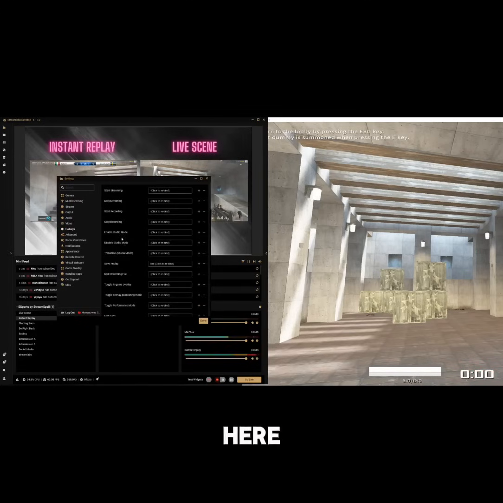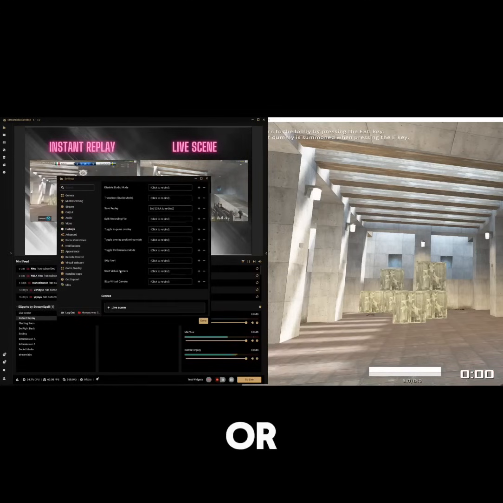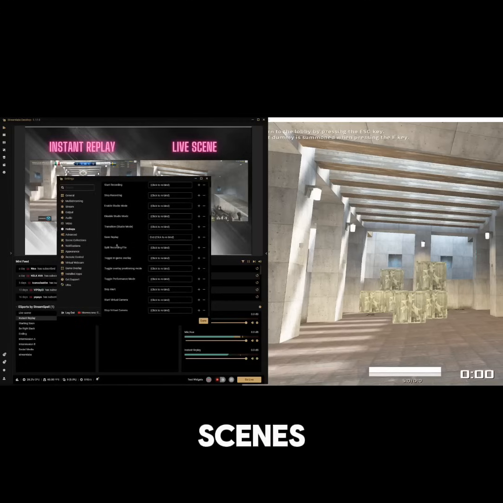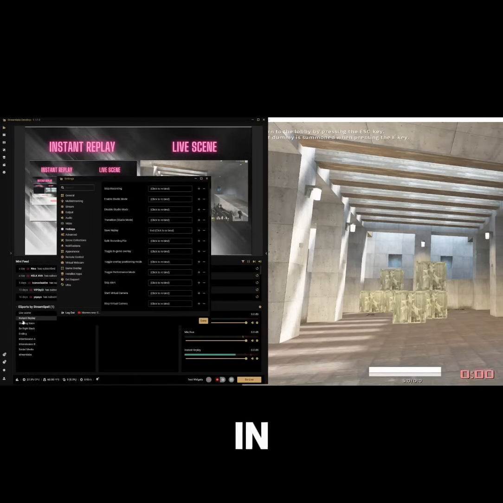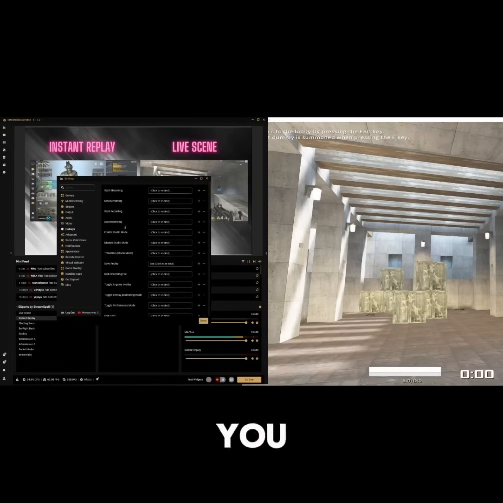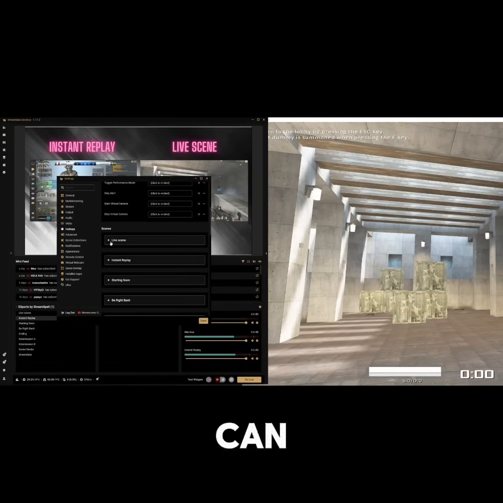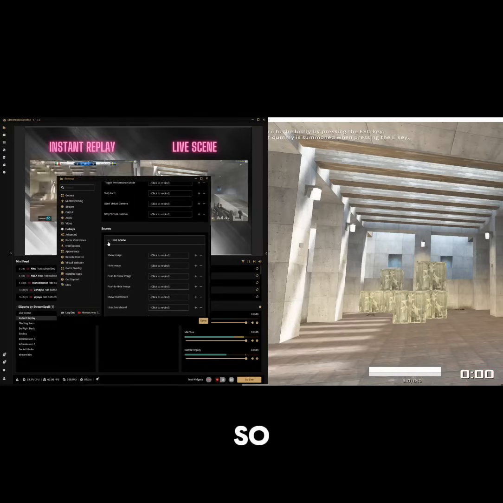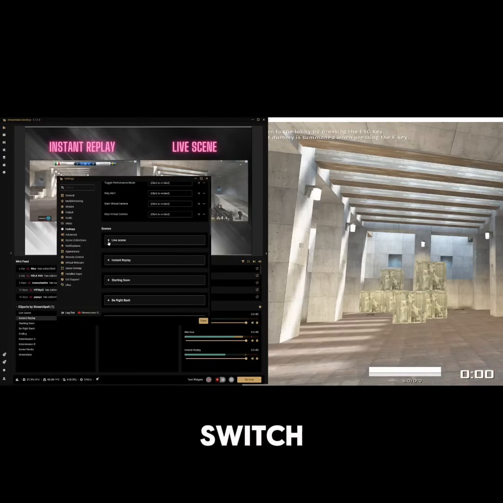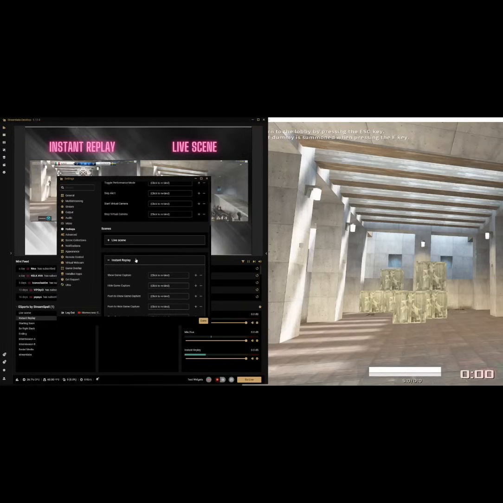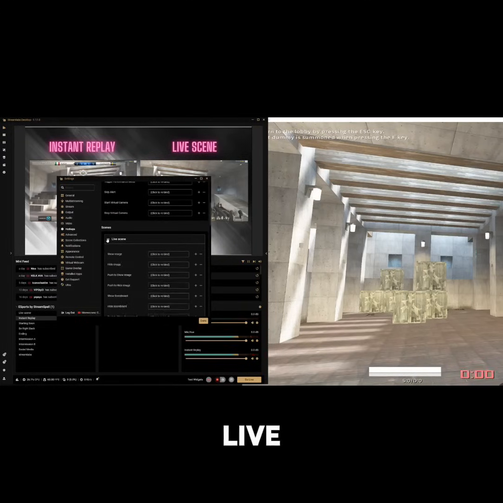In your settings here, you can toggle or switch between different scenes in your Streamlabs. So basically, you get to choose. If you did an instant replay, you can choose between scenes. So right here, if you want to switch to an instant replay scene, you're starting on the live scene basically right here. Then when you click end,